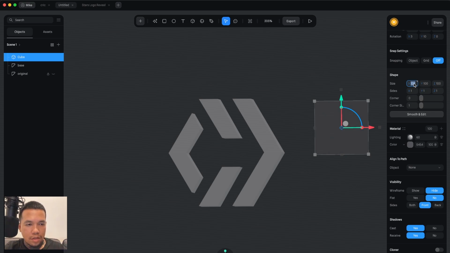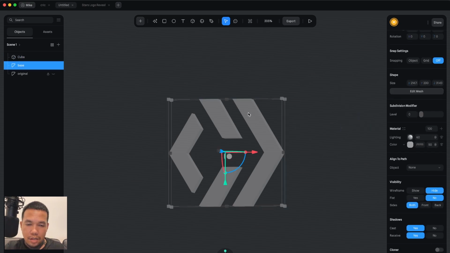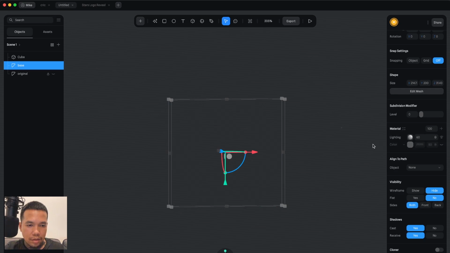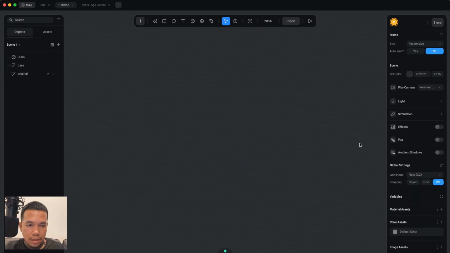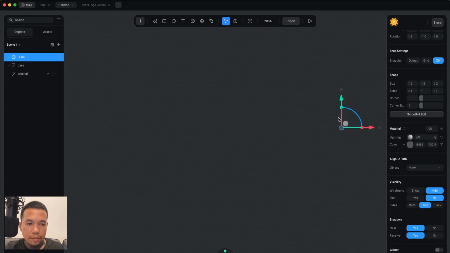I want this to be, let's say, 2 pixels in dimensions for now, and you can see the cube here. So for this base, we can actually hide this one, and we can select the cube,